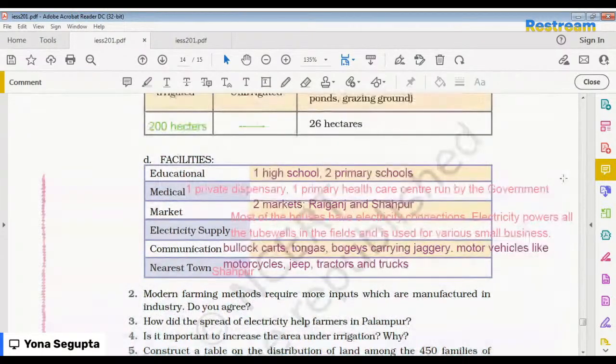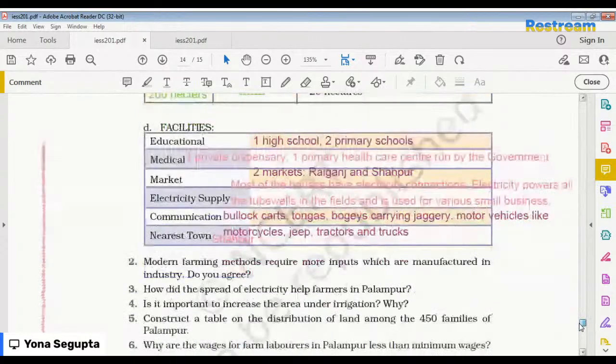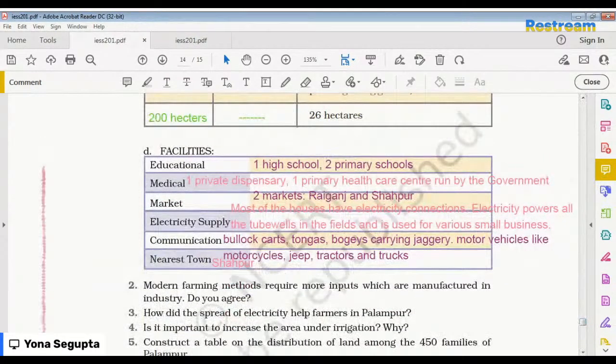Okay, next we will move on to the next question. Number two. What is the number two question? Modern farming methods require more inputs which are manufactured in industry. Do you agree? A statement is given here. Do we agree with this? So for the answer, first you will give yes or no. The answer is yes. Yes, it is correct to say that modern farming methods require more inputs which are